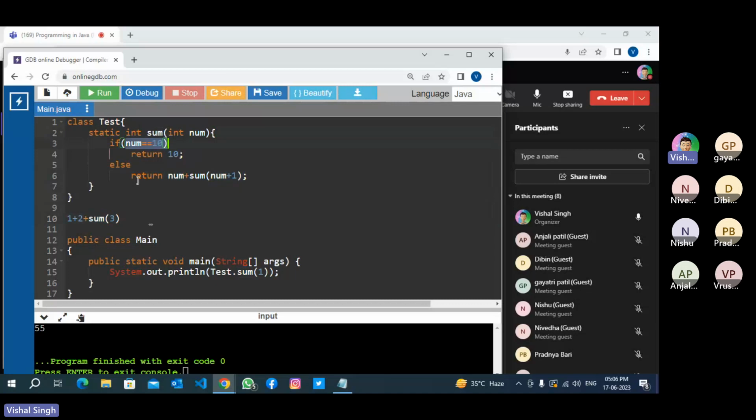So num is 3. It is not 10. What will it return? 3 plus sum(4). In place of this sum(3), it will be 3 plus sum(4). Still it is not an integer value. In place of sum(4), it will return 4 plus sum(5). Still it is not an integer value. So this sum(5),